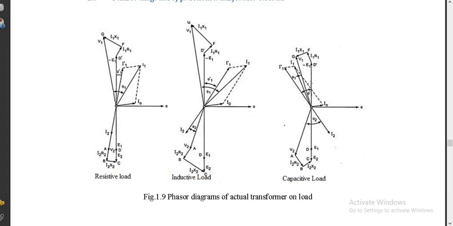Similarly in the first half, this is actually V1. The very first thing is exactly the I2 magnitude but in the opposite direction, that is I1 dash, and I1 dash and I0 phasor sum will be I1. Parallel to I1 it will be I1 R1, exactly 90 degrees to it will be I1 X1, and this will be V1, so that I am satisfying the equation V1 minus I1 Z1 is equal to E1, or E1 plus I1 Z1 is equal to V1. Is that okay? Let me stop over here.